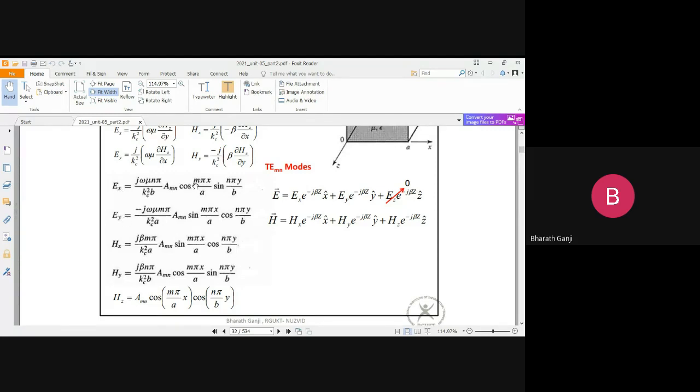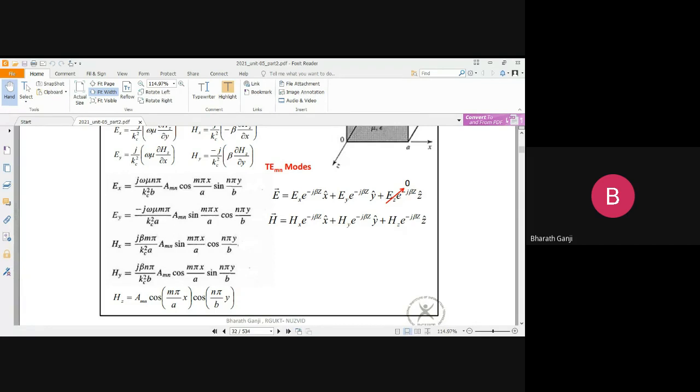If I assume M is equal to 1 and N is equal to 1, you can see that I get something like cos mπx by A and sin πy by B, and for the EY component also there is sin πx by A and cos nπy by B. Because here A is equal to B, maybe I can write down what kind of fields I can have. So I can say the electric field is some constant times